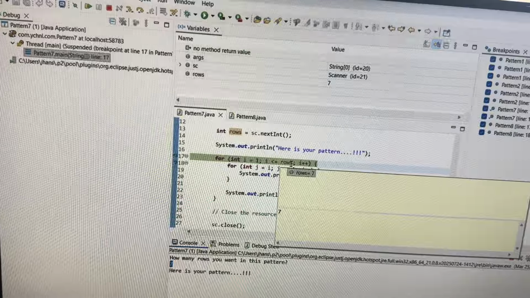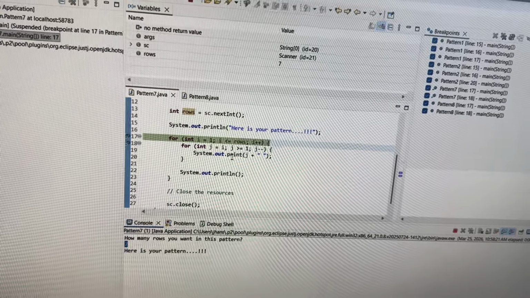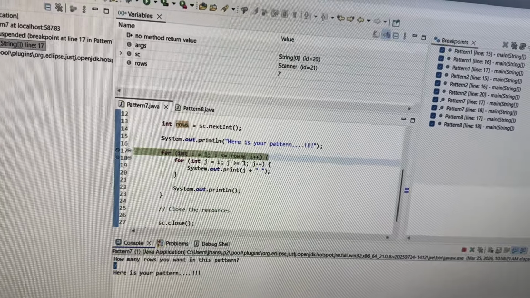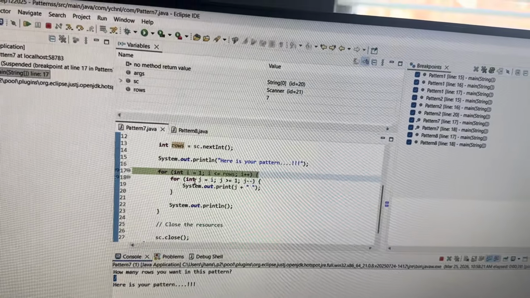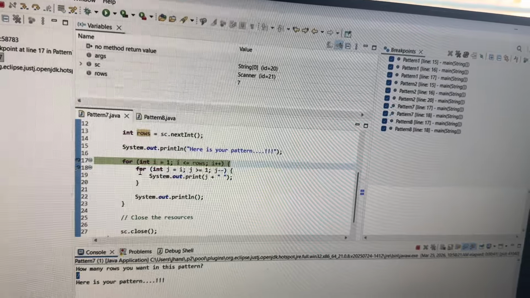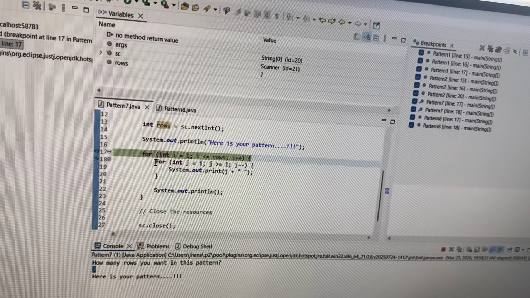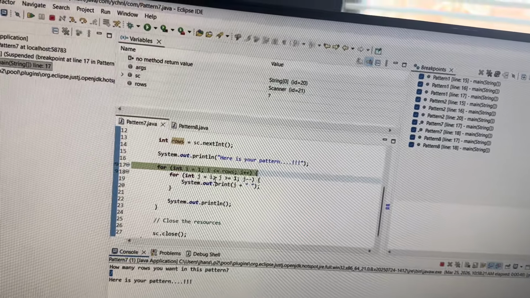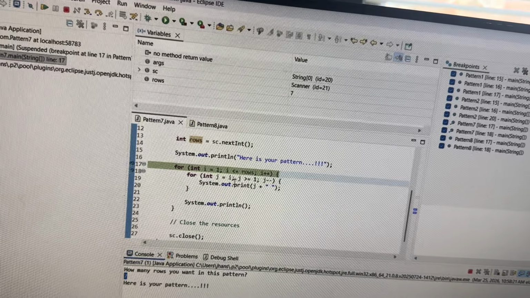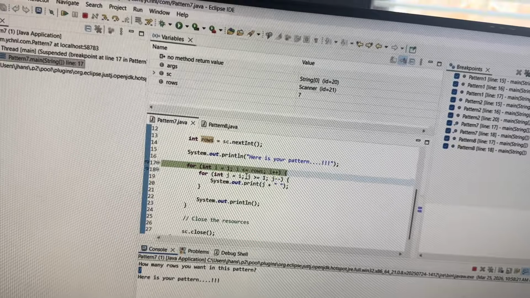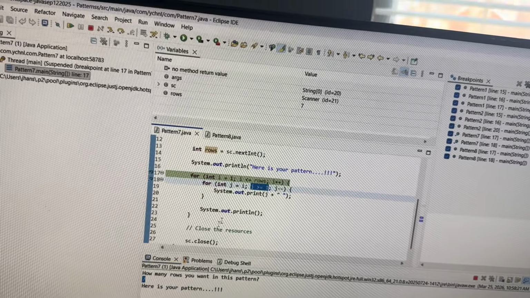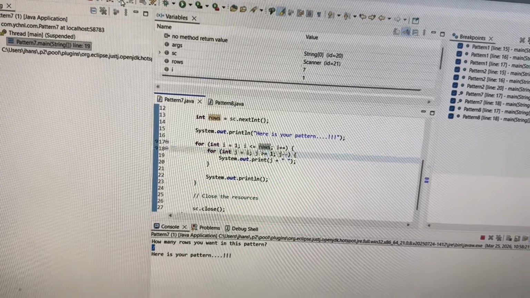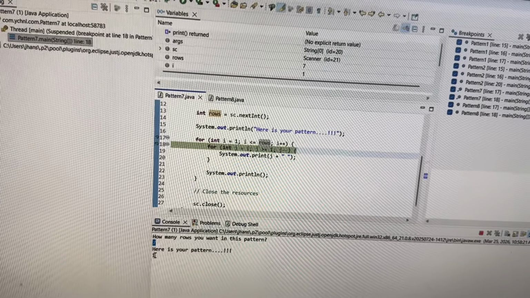That's why row number 7 I have entered, and so I is equal to 1, I less than or equal to, means 1 less than or equal to 7. It will come to this inner loop, and so j equal to I means I equal to 1, right? J equal to 1, 1 greater than or equal to 1, this condition is true. That's why it will print 1. So first row is printing 1,